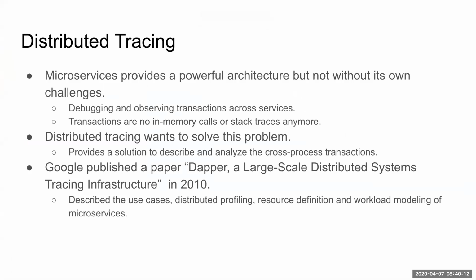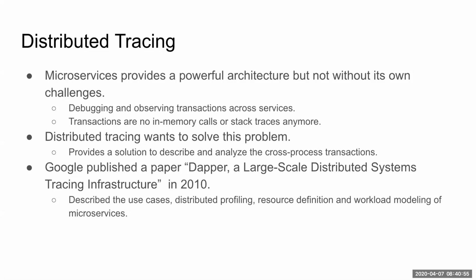We all know microservice environments provide a powerful architecture for deployment, but they also increase the complexity and difficulty of debugging, because all the messages and communication are not in memory now. They are cross-process in different ways, like gRPC or HTTP. So we are not able to use tools like GDB or perf to do profiling or see the function call trace. So it's very complicated to debug if you have a problem in a microservice environment, especially if you want to know which operation is the bottleneck.